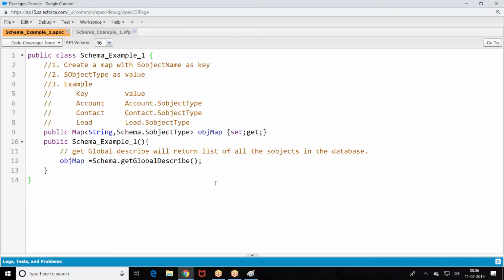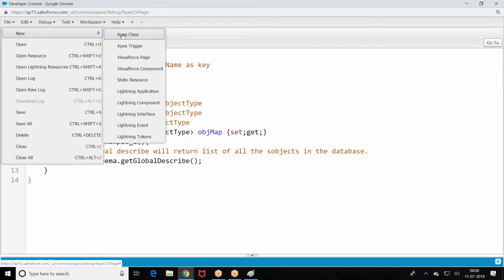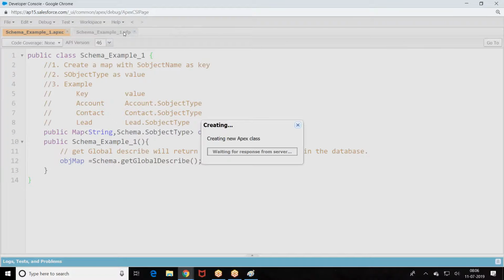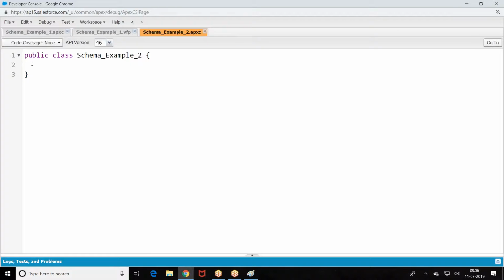Now, once you got the objects, I want to get the properties of one particular object. If I give one particular object, I want to get the properties of that particular object. Then how will you get the properties of a particular object? Let us look at the second one. Now I want to know whether it's a custom object or a standard object, who has read access, who has write access. I want to understand this with respect to the current user. I want to find out the properties.